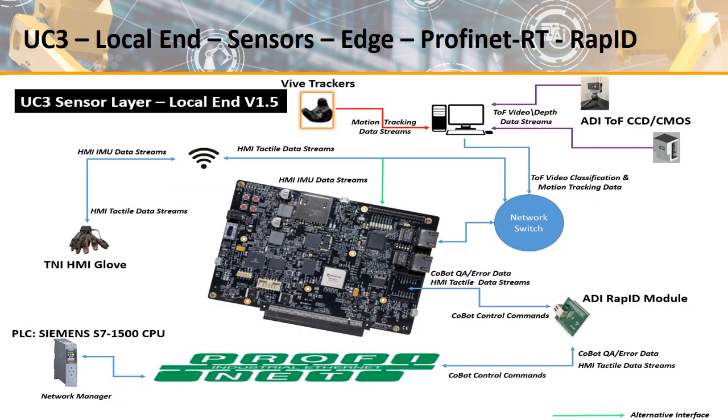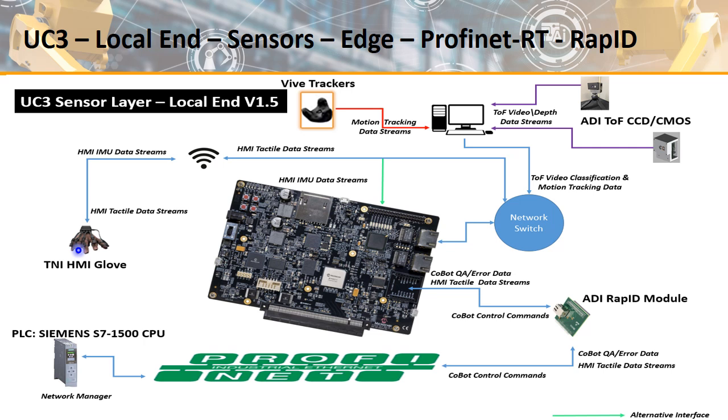I've talked in an abstract way about the Emoco project, the building blocks, and the local end and the remote end. This is our robotic teleoperation platform, and it gives you a sense of all the different types of hardware and software components that are required. We use sensors up here. This is the time of flight sensor. This is a motion tracker sensor, a Vive tracker. And we have the Tyndall glove.